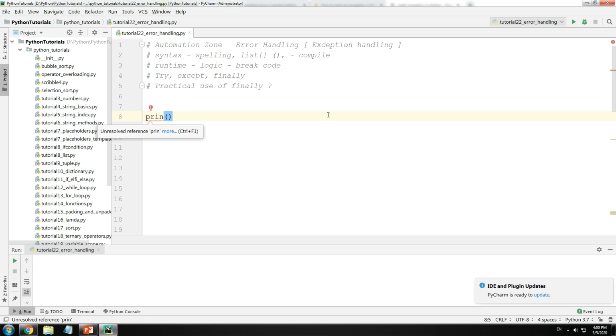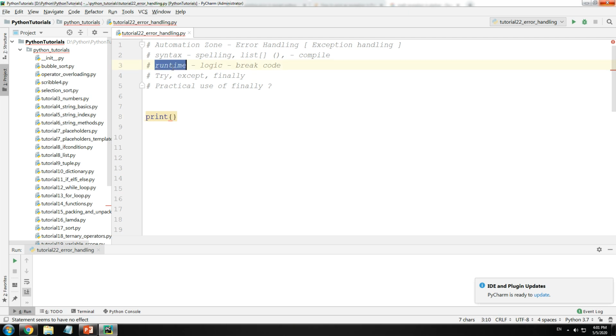The other is if I were to put the wrong brackets, it'll throw me an error as well. So this usually happens during compile time. Compiling happens in most programming languages. In Python you do not have compile, but if you're using a good editor like PyCharm or Eclipse, it will throw you an error before even running your code. So they are pretty hard to miss. You get these red sticky lines everywhere. You can review them. If you're using Notepad, then you will not get errors. You'll see these errors only during your execution.